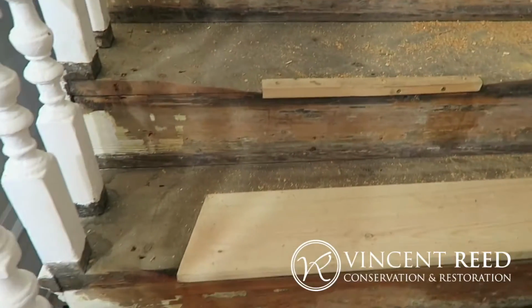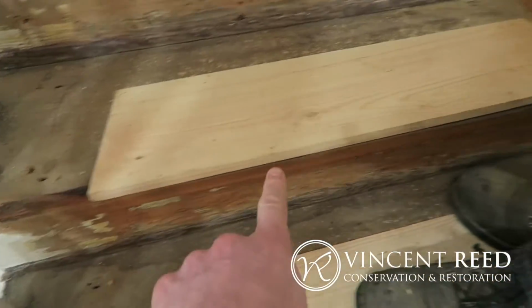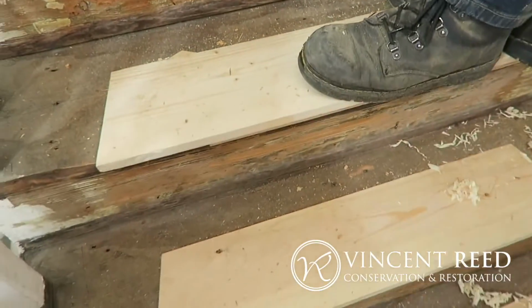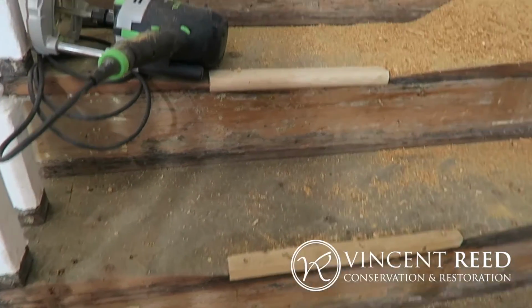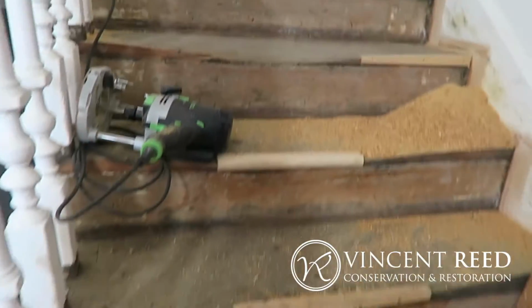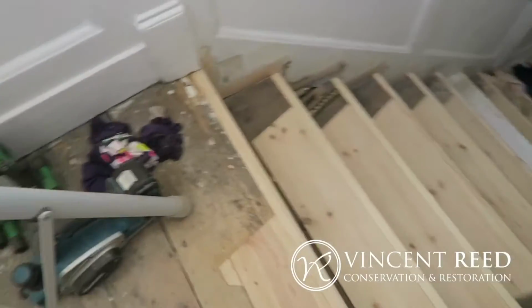So we've started to put some patches in these lower sections here, and then we're slowly going up the steps, and then down here